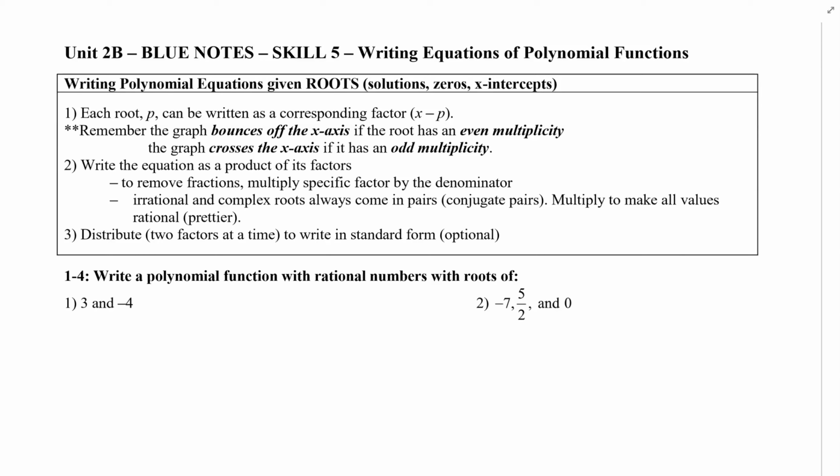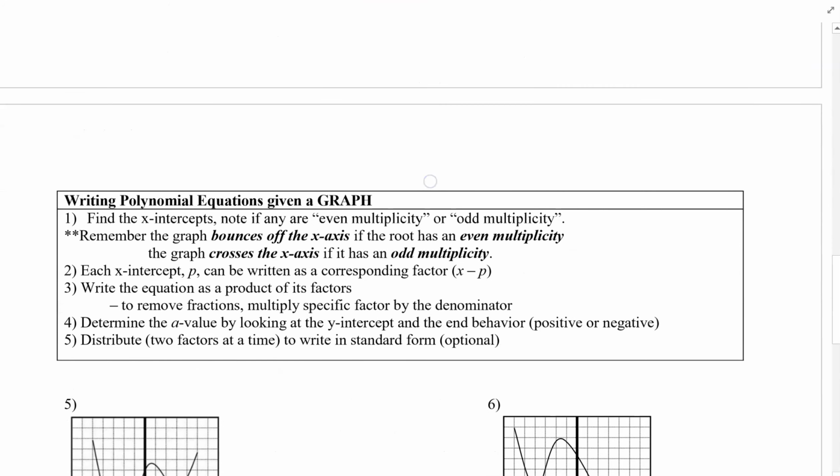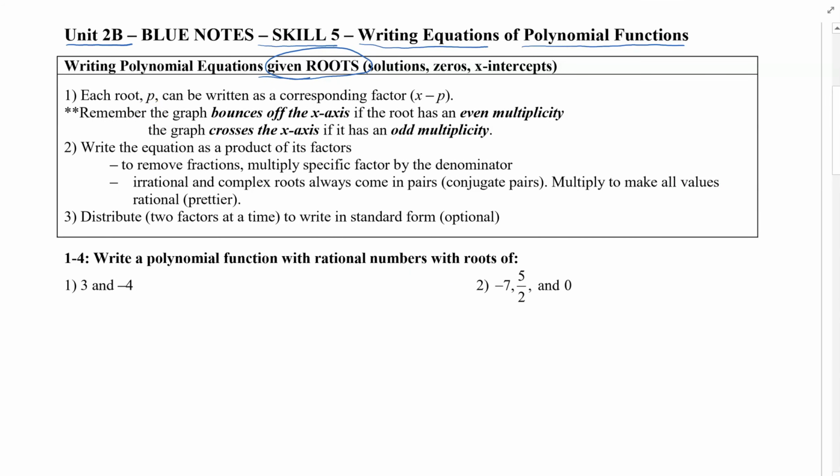Welcome class to our Unit 2B video notes section on Skill 5, which is going to be on writing equations of polynomial functions. In some cases, you'll be given roots, and from that, you'll have to create the equation. And then in the other case, you will be given a graph, and then from that, have to write the equation. So the things that we will basically be doing will be converting our roots, which is another word for zeros. We're going to convert those back into factors, and then we are going to basically write our equation as